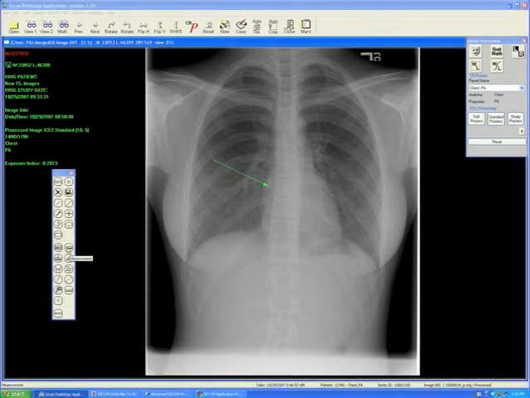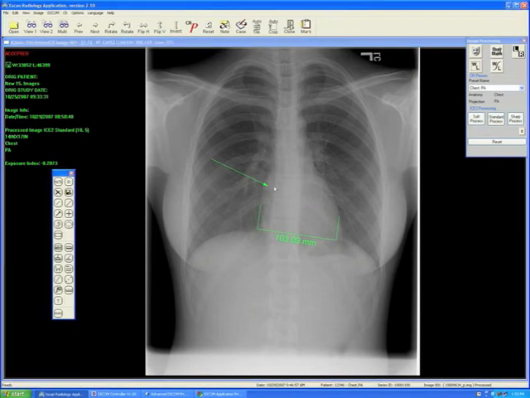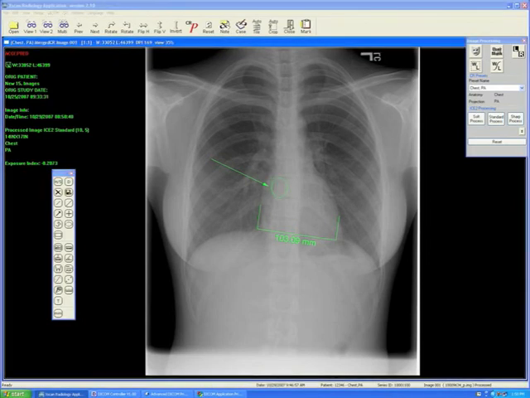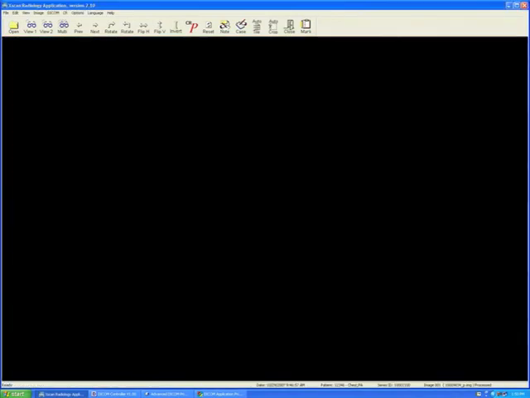And I'll select the Embed tool. The Embed tool will create a duplicate image with the annotations and measurements embedded into that image in grayscale that will be DICOM tagged with that image. So now I have